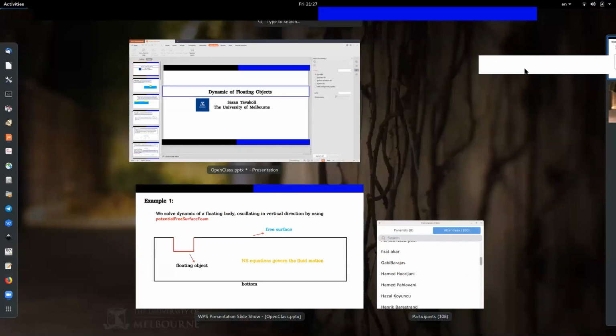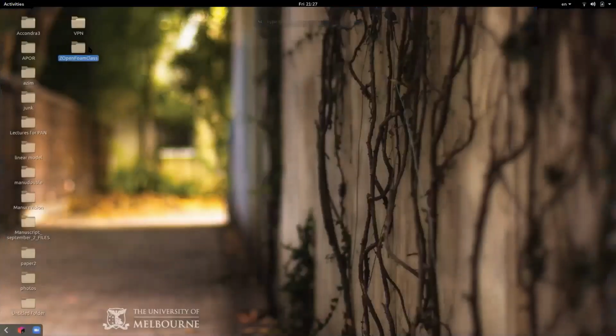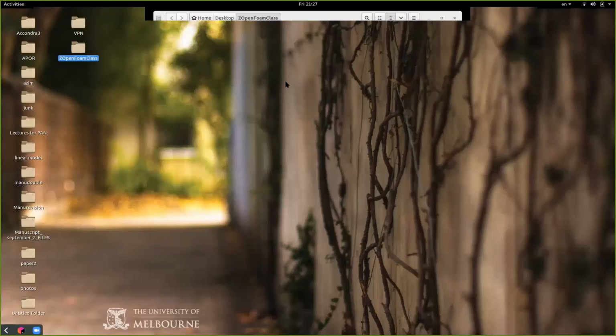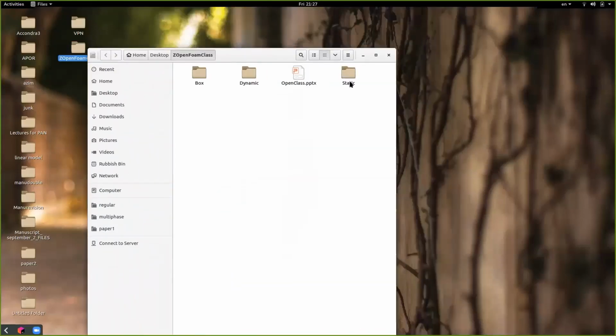I've got a folder for it over here. Okay, so that's a static. Okay, so